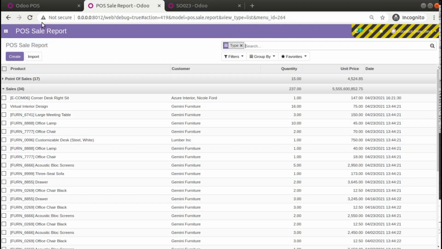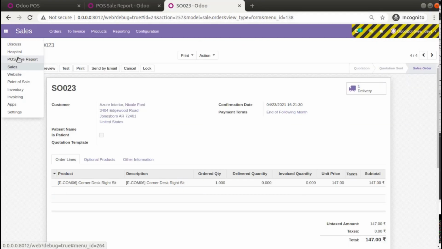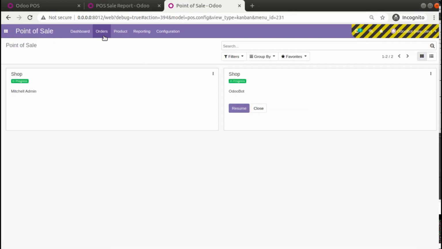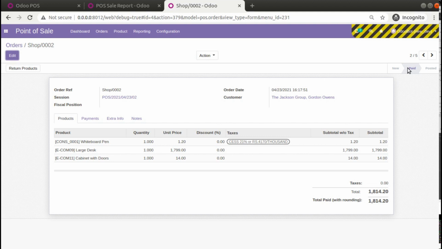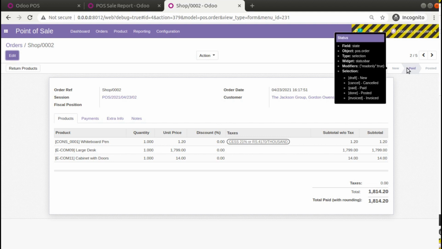Similarly, if you need to apply a domain for POS orders, let me check what all states we have available for the orders. If you go to the orders, here you can see paid state. Suppose we don't need any draft quotations, only we need paid and done records. Paid, done and invoiced, you can see the field name is state, so we are going to bring only paid, done and invoiced.